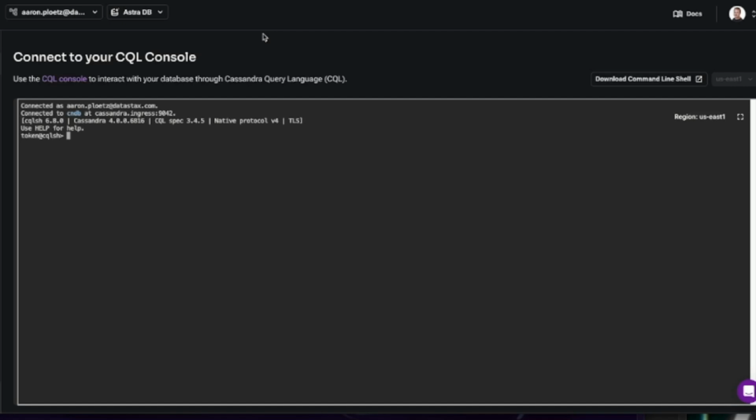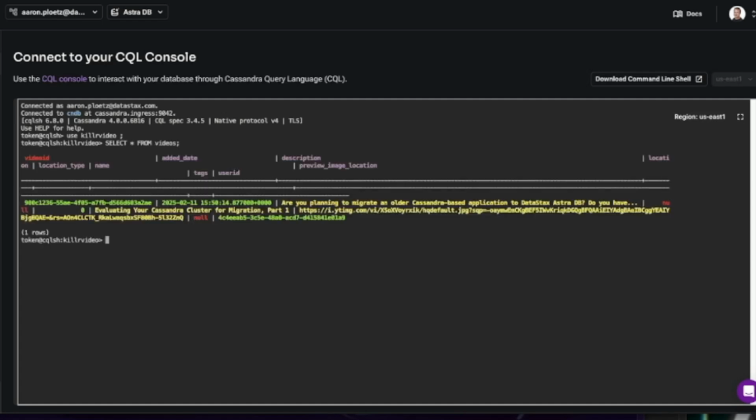And then we executed an insert and saw that that row was inserted into both my local Cassandra and my AstraDB. So let's go ahead and say use Killer Video, and then you can say select star from videos. And as you can see, we still have that one row in there.